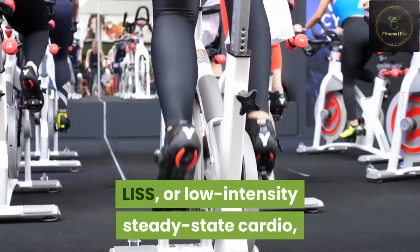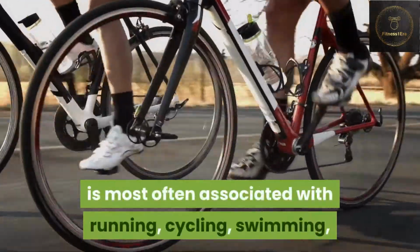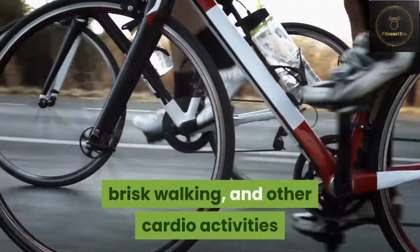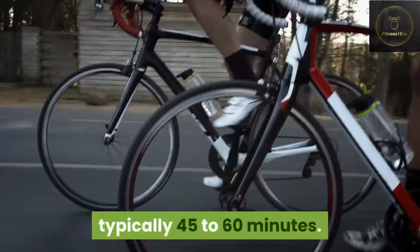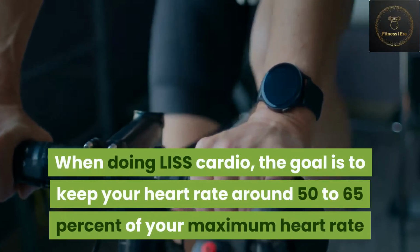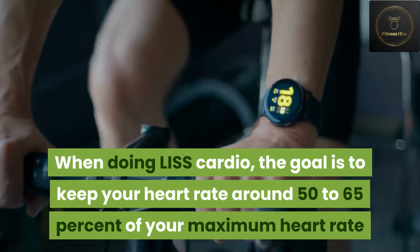LISS, or low-intensity steady-state cardio, is most often associated with running, cycling, swimming, brisk walking, and other cardio activities that require low-intensity exercise for longer periods, typically 45 to 60 minutes. When doing LISS cardio, the goal is to keep your heart rate around 50 to 65% of your maximum heart